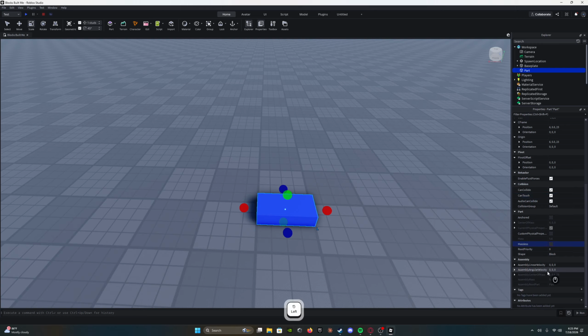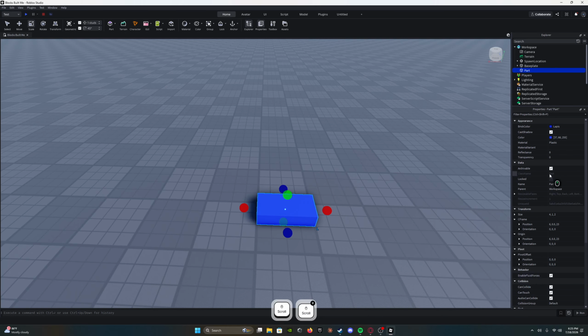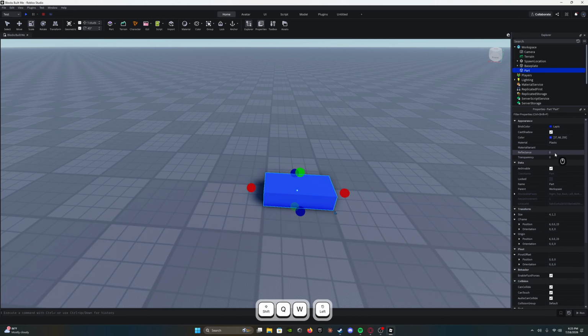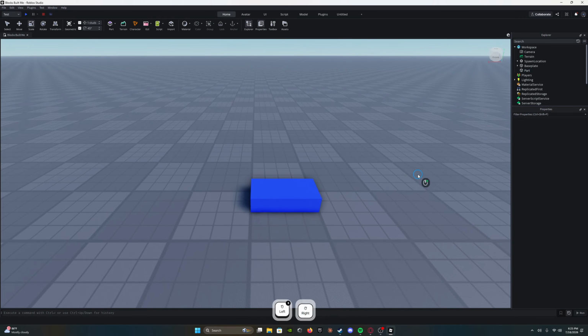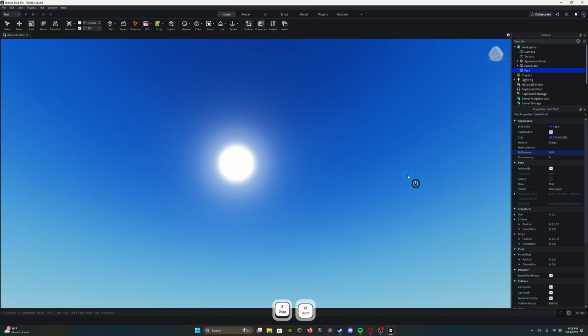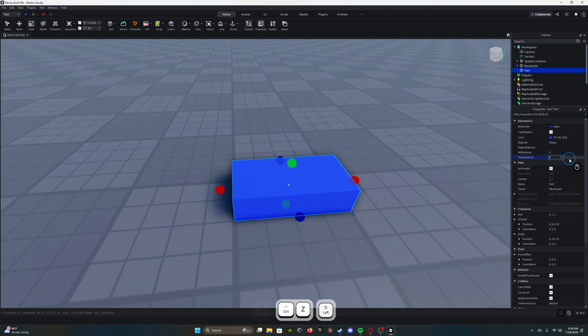I don't think none of this stuff really matters, unless it does in the future, then I will go over that. But more stuff you have, of course, reflectancy, which basically is how much a part reflects the light. Transparency, how transparent the part is. Material variant, that's more custom stuff. And then the materials, of course,